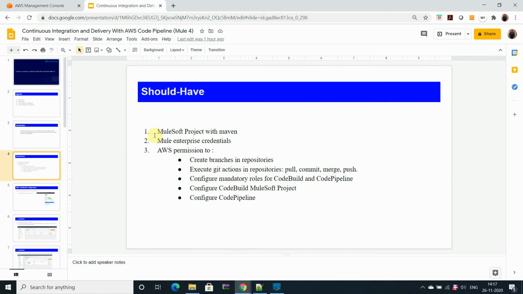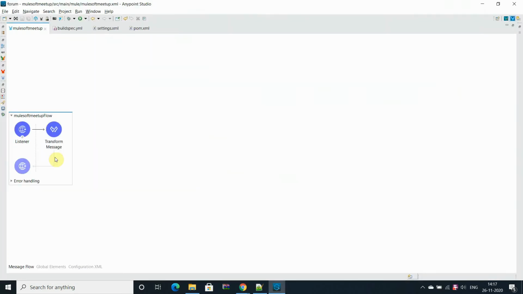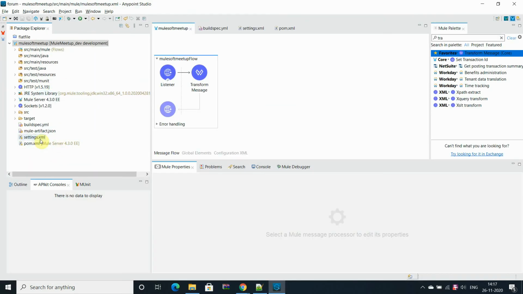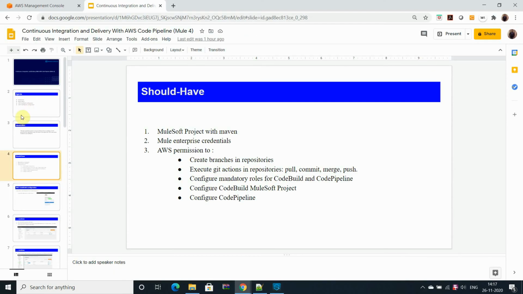What you should have: at least a MuleSoft project that is a Mavenized project, which I have already created for this demo, Mule 4.3. You should also have enterprise credentials to provide to the engine to download all the dependencies for the MuleSoft project, based on your organization's requirements.